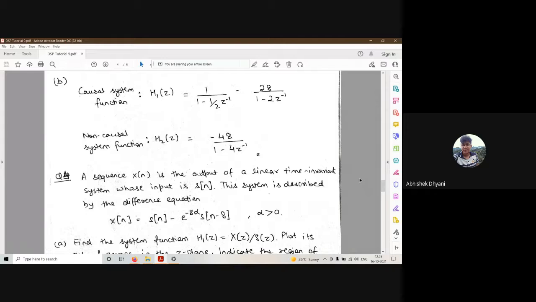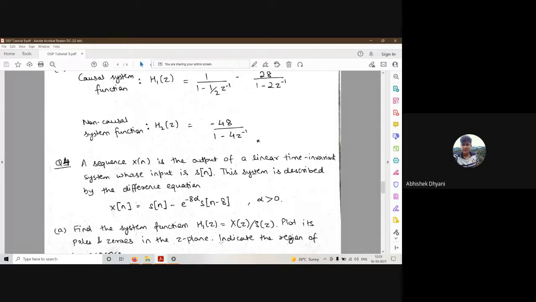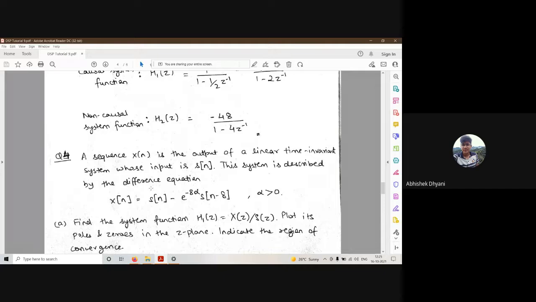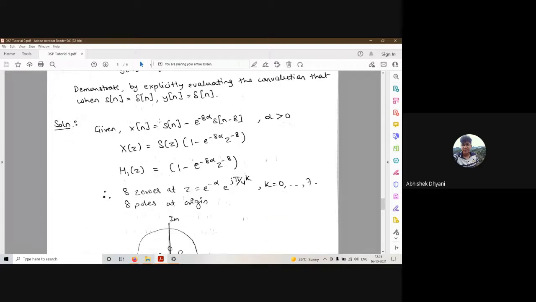And we have been asked to find the system function h1 of z, which is X(z) by S(z). So basically I have to take the z transform corresponding to this difference equation, and then plot the poles and zeros in the z plane and indicate the region of convergence. The first part is quite straightforward. This is the difference equation given to us. We can take the z transform of both sides. This becomes S(z), and this becomes S(z) multiplied with e raised to the power minus 8 alpha, and